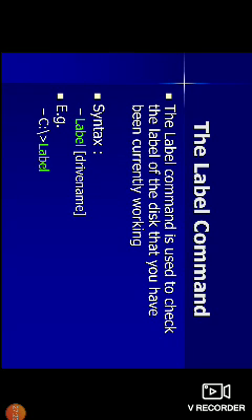The label command is used to check the label of the disk that you are currently working on. So here the syntax: label space drive name. Example: C colon slash greater than label and enter. It gives the drive name, label of the disk.